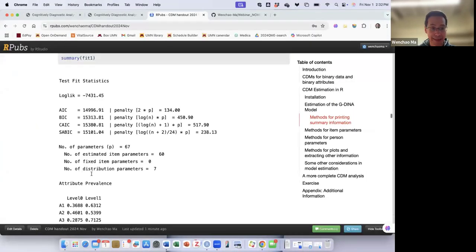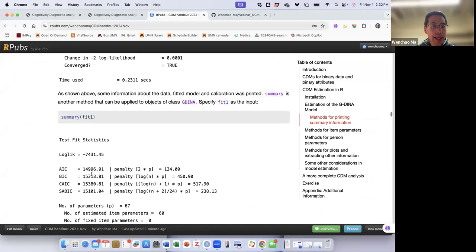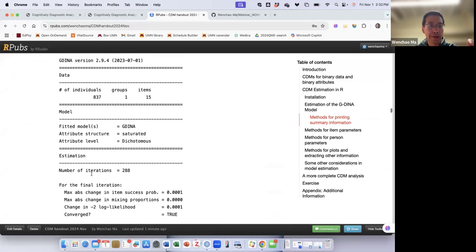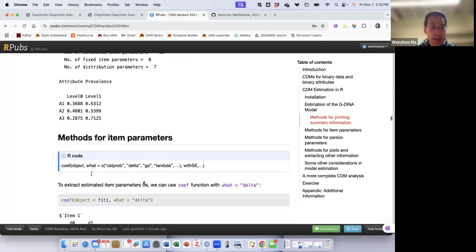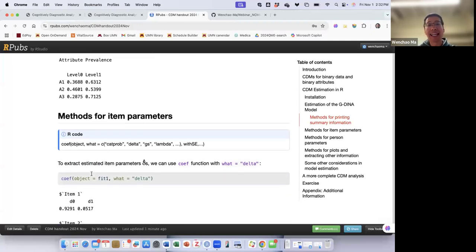That's about the summary function. Those are two useful ways that you can print some summary information. So now let's move to some item parameters. Recall that I showed you the bar graph. In the bar graph, you have those success probabilities. They tell us about the performance of those